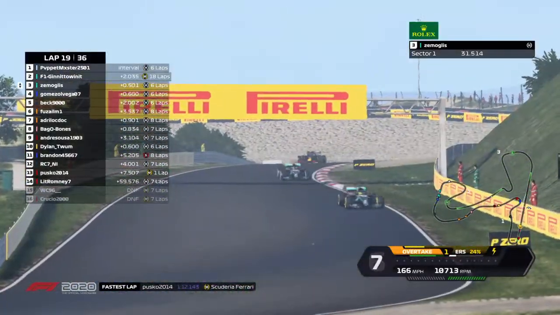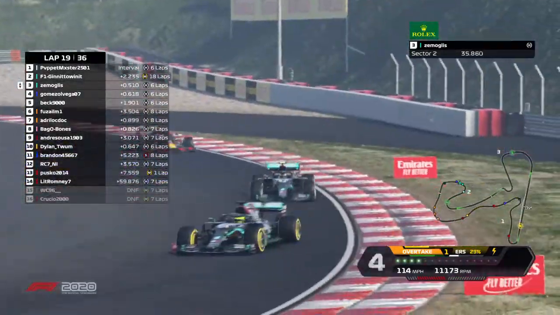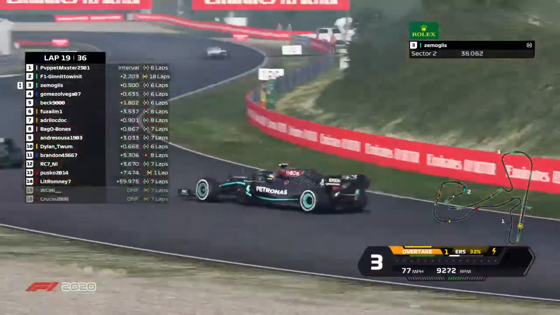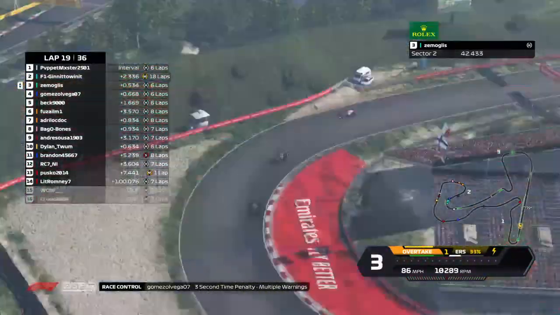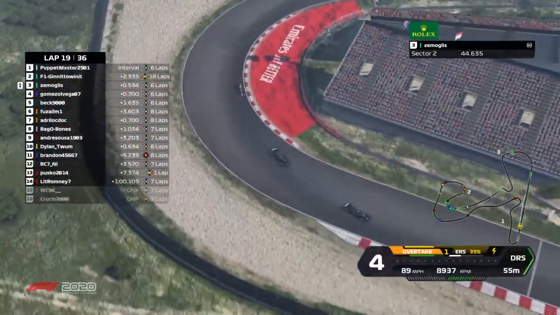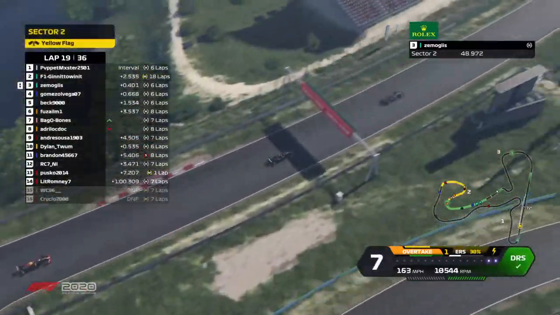4. Pusco has pitted for medium tires after he had an off, it looked like. He set the fastest lap so far, so good job from him. Gomez gets a 3-second time penalty for multiple warnings, so that could be very costly. Not sure what the penalty...